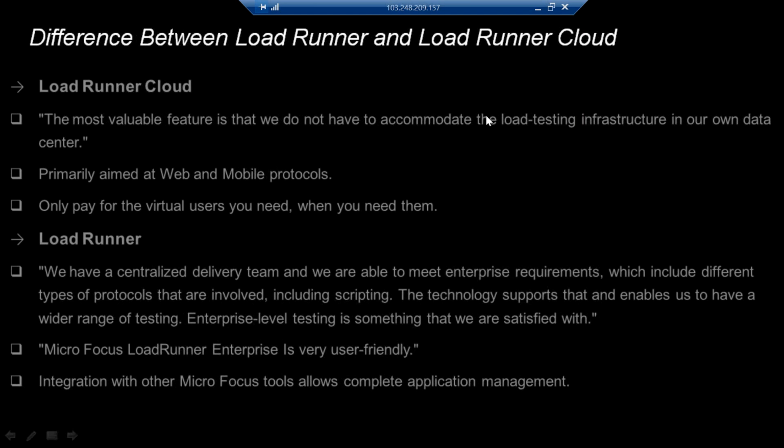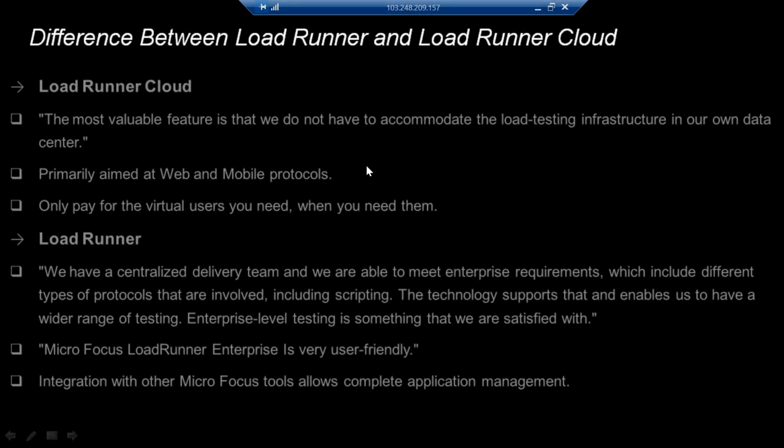They are minute changes only, around 10%. Majorly, the most valuable feature is that we do not accommodate the load testing infrastructure in our own data center, where we connect to the load generators and start the test. Whereas in Loadrunner Cloud, we have AWS and Azure platforms that we use to run the test.